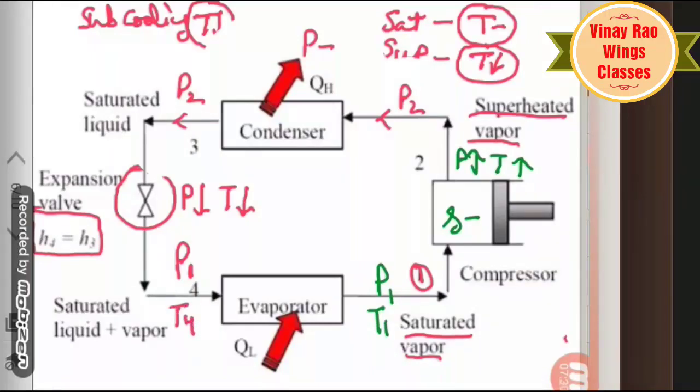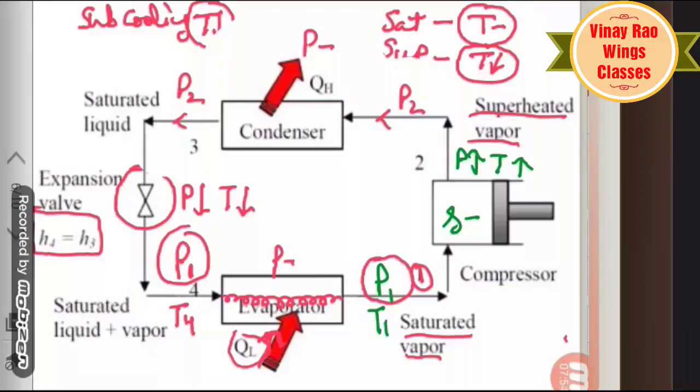At this point, heat energy is absorbed from the system. Heat energy QL is the lower heat energy. The heat energy is absorbed from the system by the evaporator, and there is a continuous increase in heat energy. That means the evaporator works at constant pressure. Here is a P1 pressure, and again here is a P1 pressure. That means in the whole cycle there is a constant pressure,